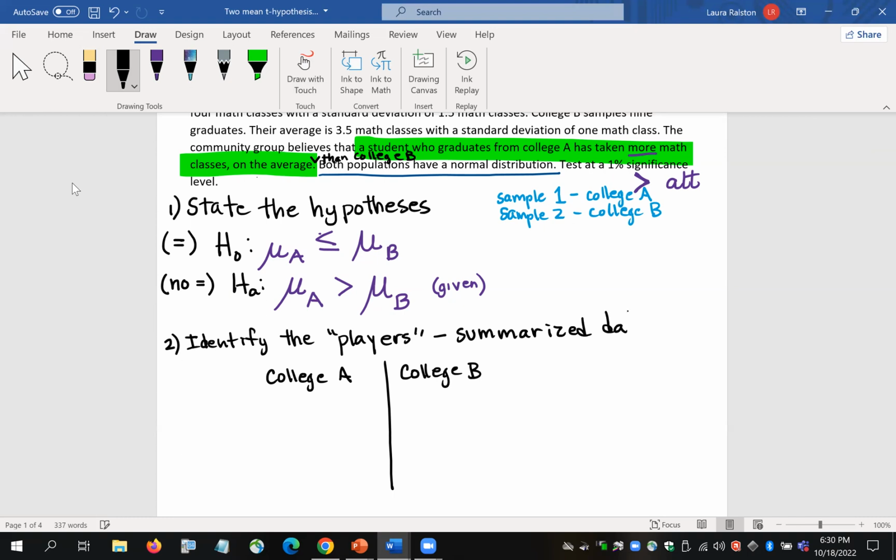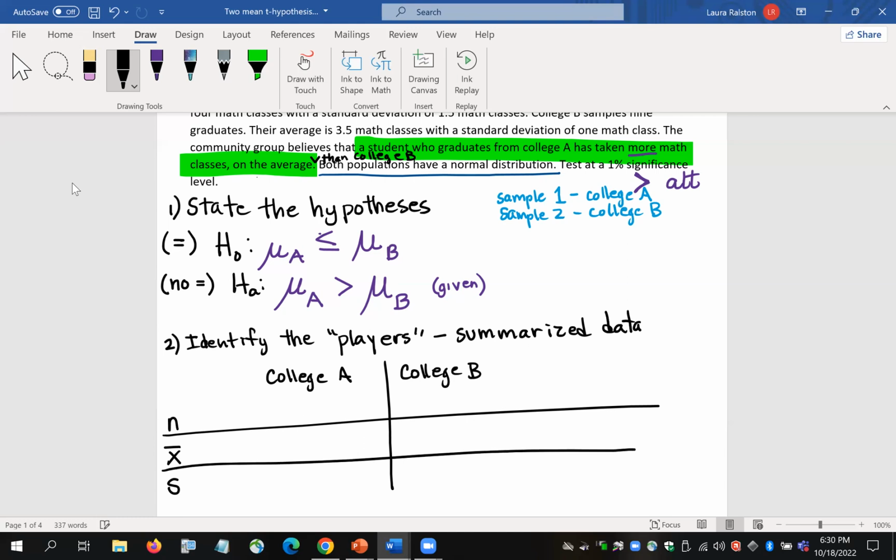It's summarized, 1, because I don't see a list of data anywhere, but 2, it tells me the sample size, the sample mean, and the sample standard deviation for each college. And so I'm going to write that down. So if I go back and look at my sentences,